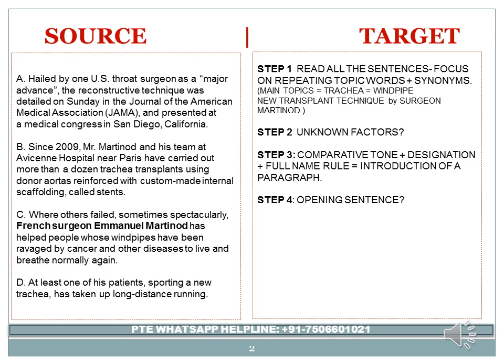So once you've had a look at all the 4 sentences and you are seeing some repeating words, maybe some synonyms happening, that is step one. The second step is looking at the unknown factors. Unknown factors are things that are not answered in the same sentence. For example, if you look at,